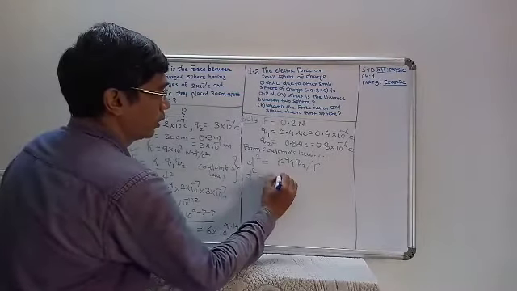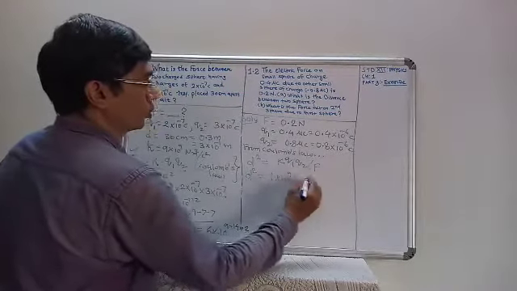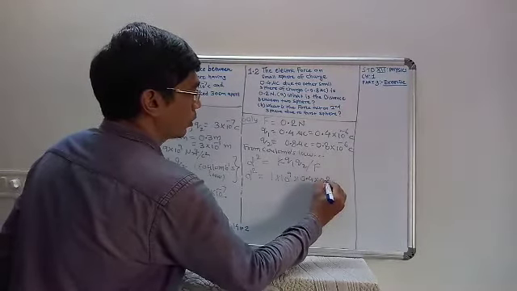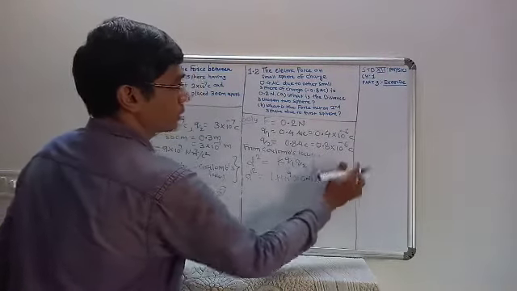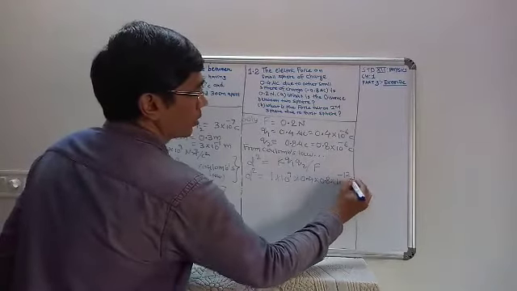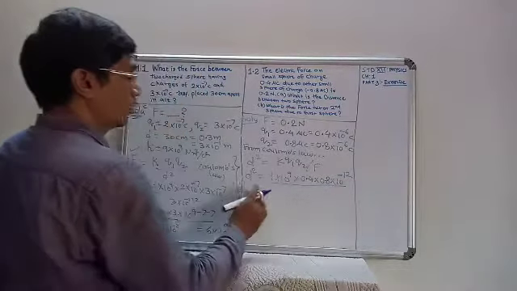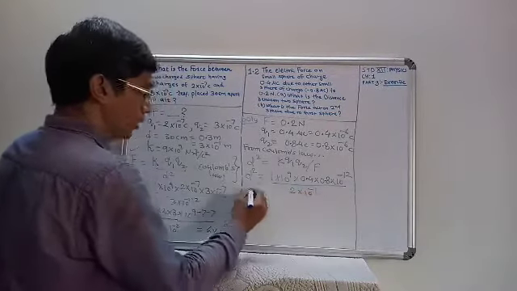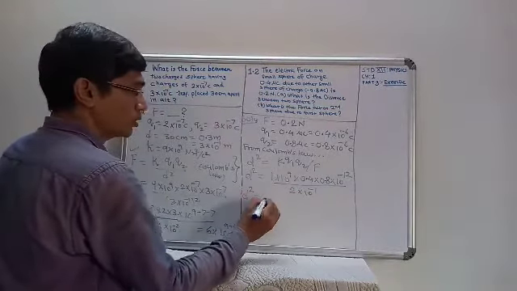K is 9 into 10 raised to 9, Q1 Q2 is 0.4 into 0.8, 10 raised to minus 6 into 10 raised to minus 6, 10 raised to minus 12, upon force 2 into 10 raised to minus 1. So D square is given by